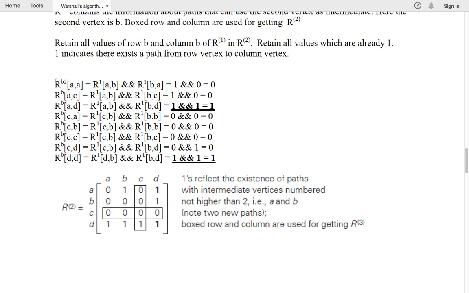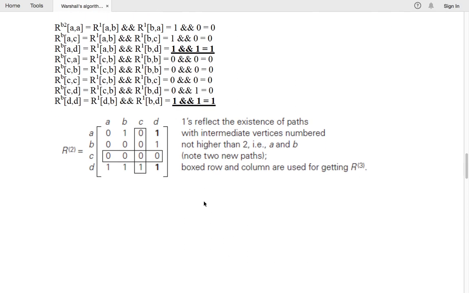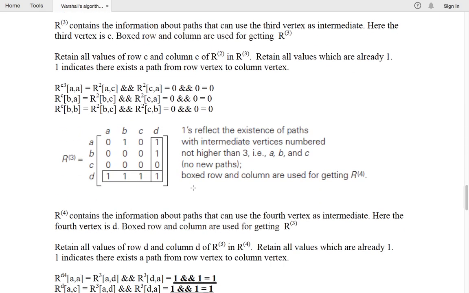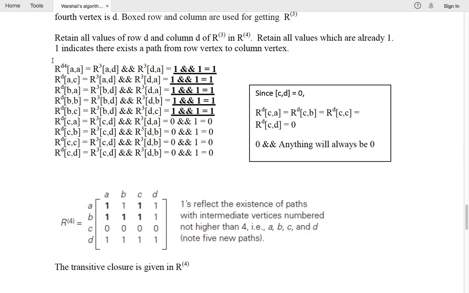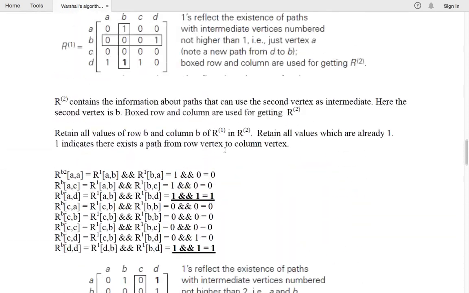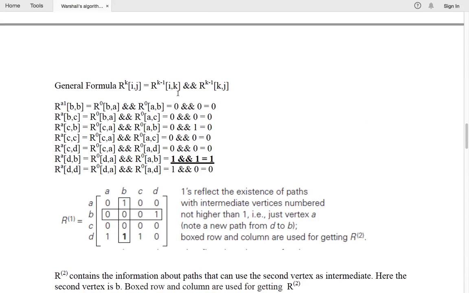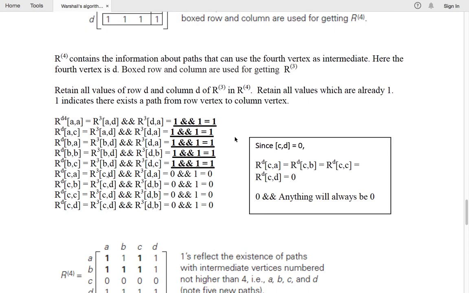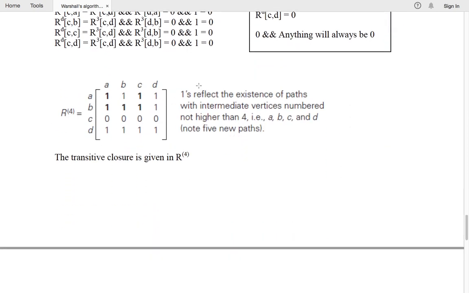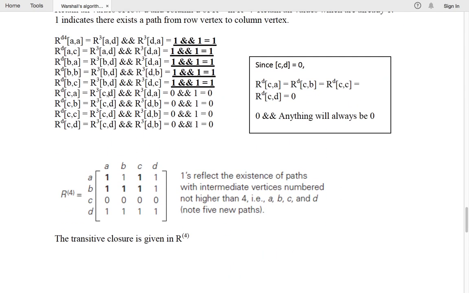But because of the time constraints, you may have to solve it quite quickly. You can just apply the formula directly, check the values and keep updating the matrix. So if you just write R0, R1, R2, R3, that is also sufficient. You need not write all the formulas, right? You may write a generic formula like this, R^k_ij equal to this, and then solve it without having to write every step, because writing all of this would consume a lot of time.